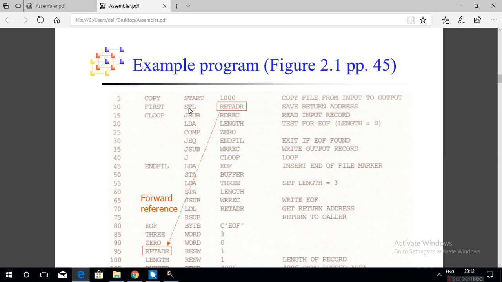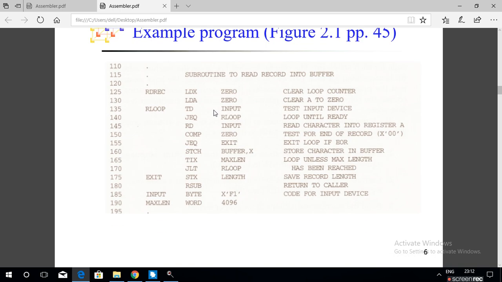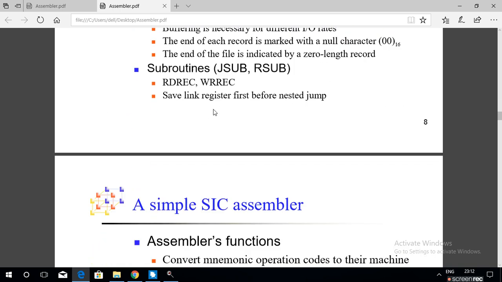These instructions are called executable instructions. They will result in object code. All executable instructions normally result in object code.